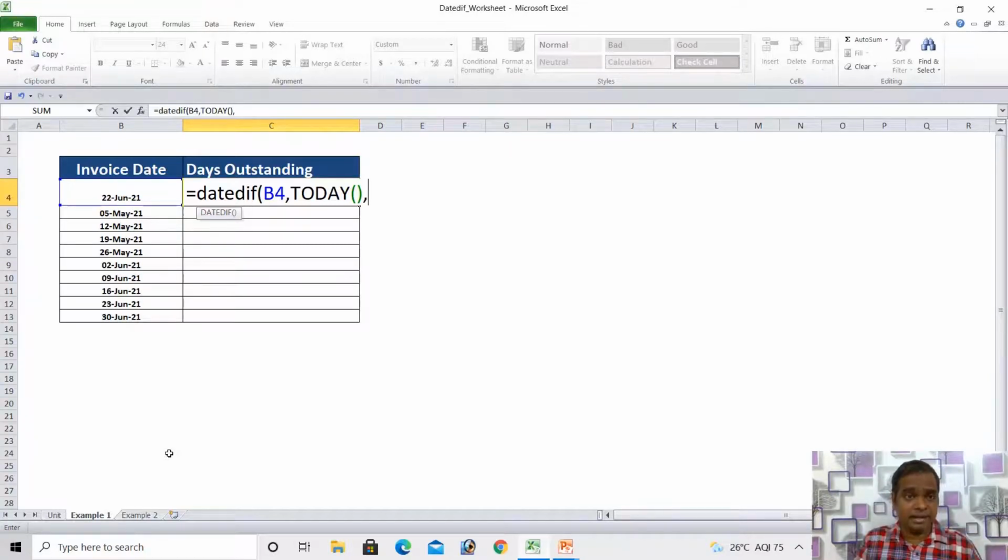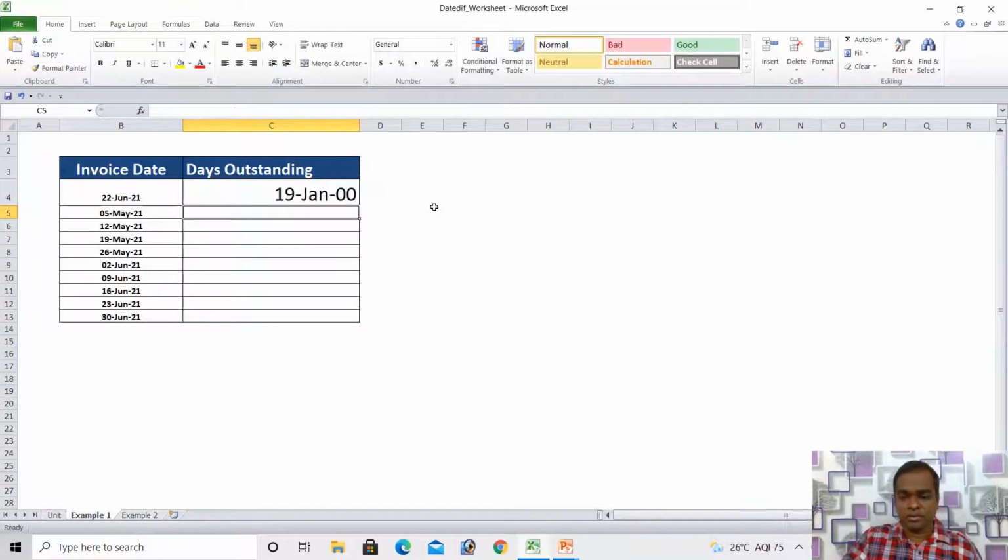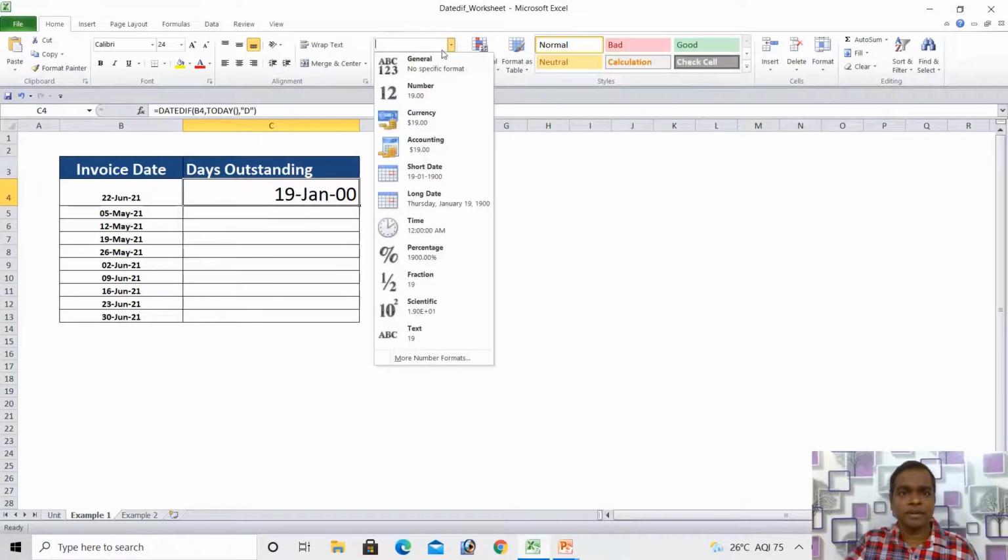Then I can put D. You can write capital D also, that is not a problem. It's not case sensitive. This format you might have gotten most probably, so there is nothing to worry about. You can change the format to General or Number, anything.